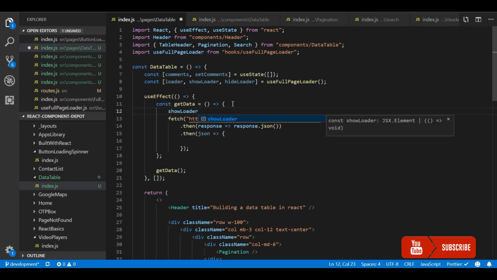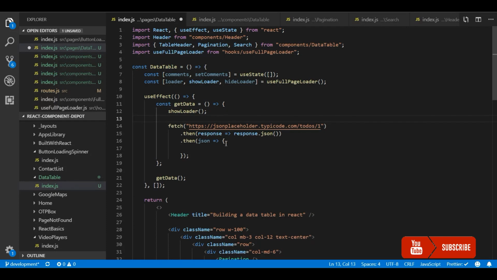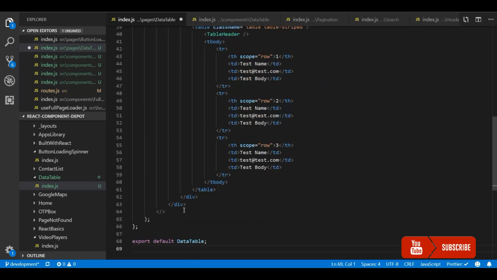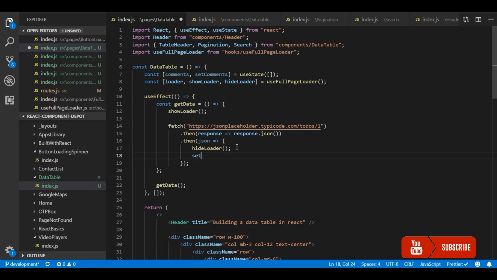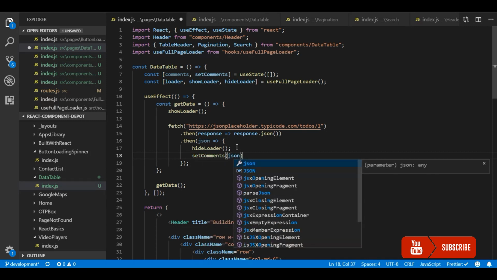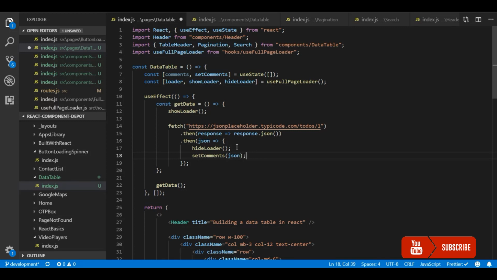So I'll just call showLoader, and once we get the response, I will add a hideLoader function, and I need to add the loader here. So this is just to show a loading spinner when we are fetching the data from the server. So we'll set the JSON to the comments state,